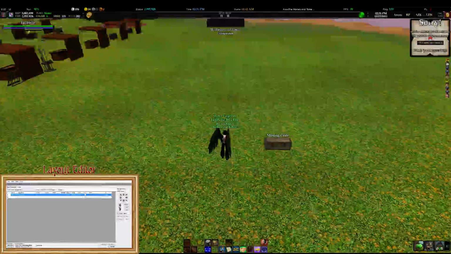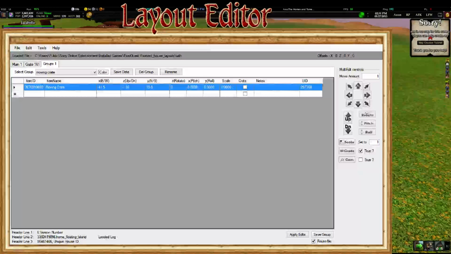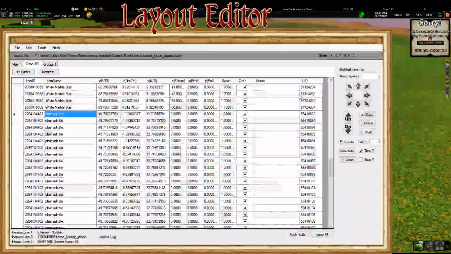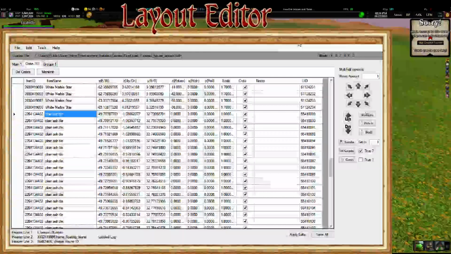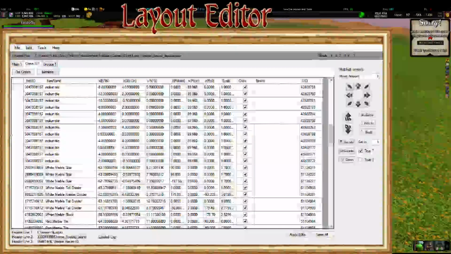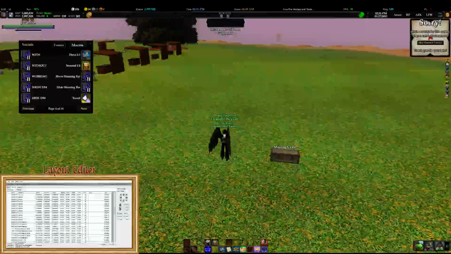So we're going to go to the layout editor. As you can see, I pulled up, I was moving my moving crate around earlier. So we're going to go to the crate tab. We've already saved, in fact, let's start from the beginning. Back in the game, going to